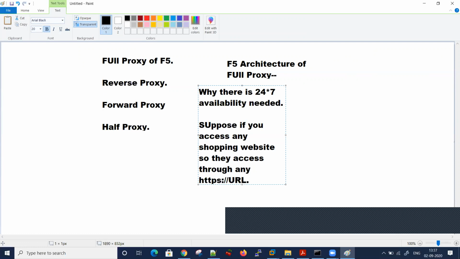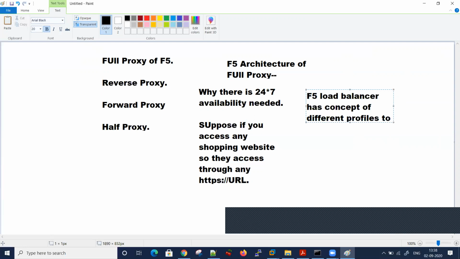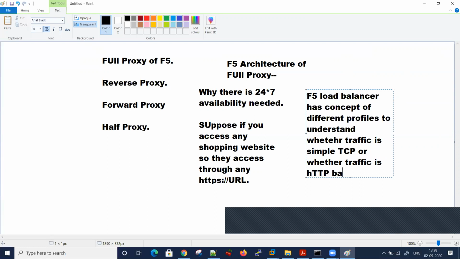Whenever someone accesses any website, it goes through an HTTP URL or HTTPS URL. So the F5 load balancer has the concept of different profiles to understand whether the traffic is simple TCP or HTTP based.